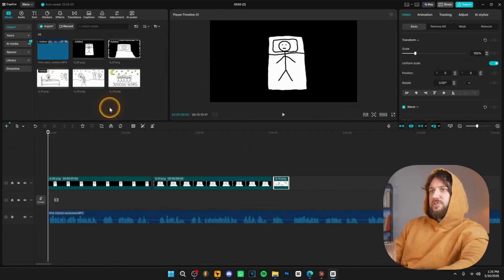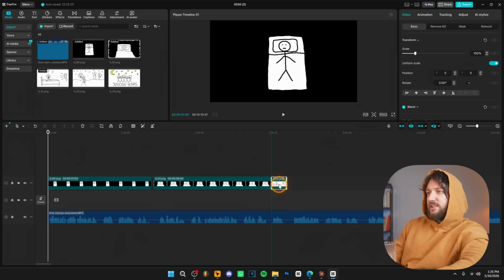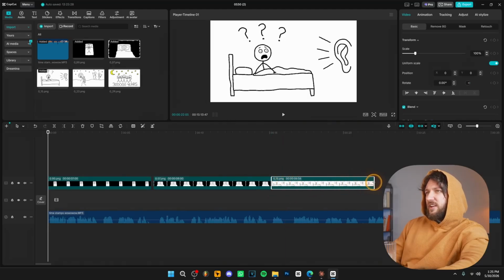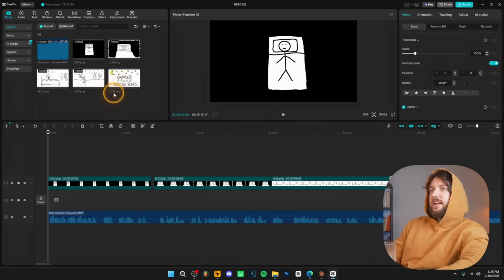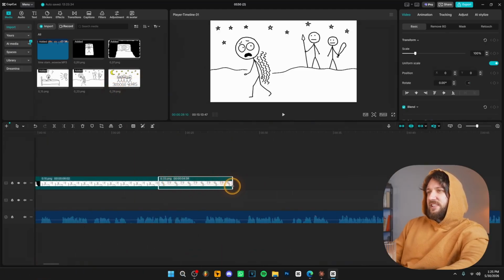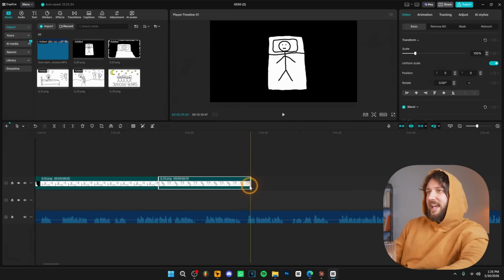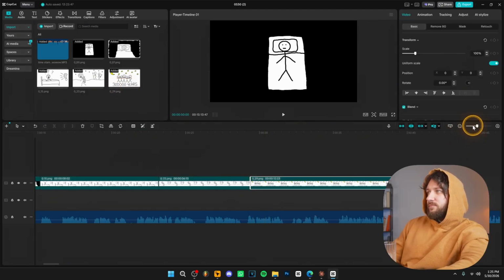And when is the fourth image going to appear? It's going to appear at 23 seconds, so we're going to drag this image until 23 seconds, just like that. Then we add the next image and we drag it until 29 seconds, because the next image is going to appear at 29 seconds. And basically, editing the video like this is going to literally take you 10 minutes. It's super easy. AI is doing most of the work.